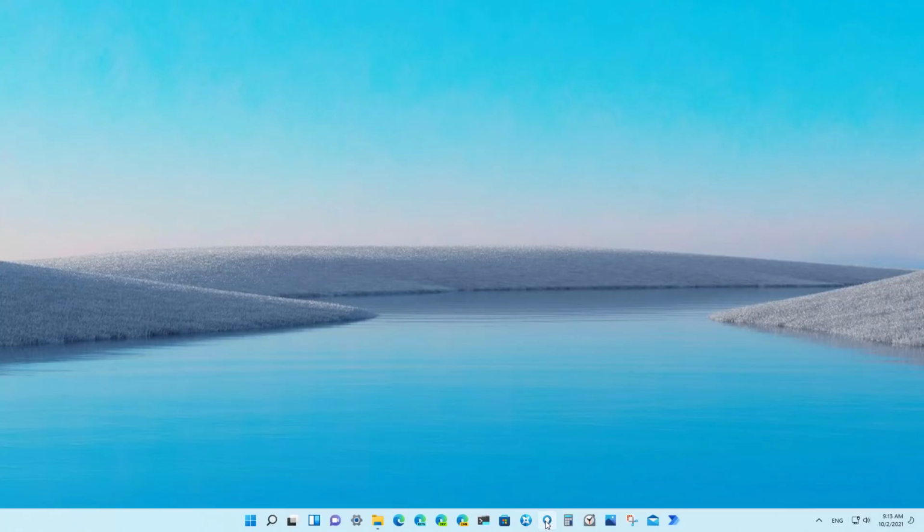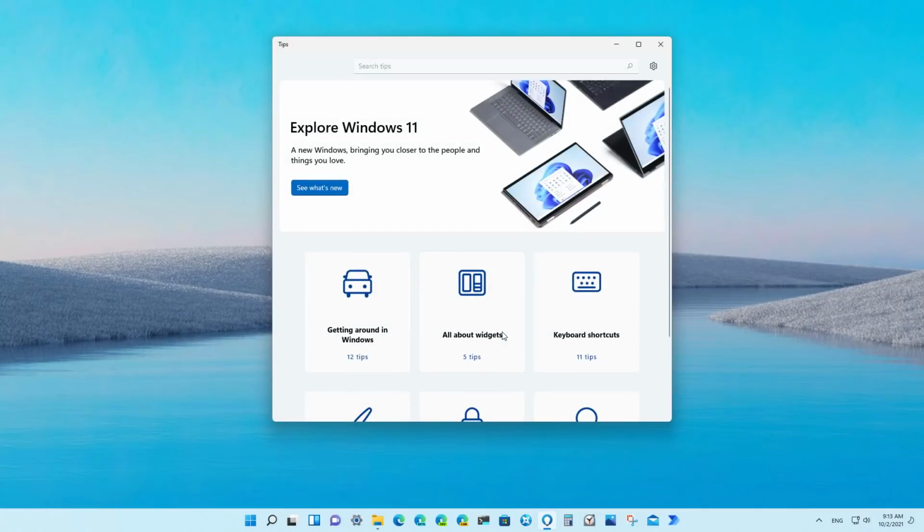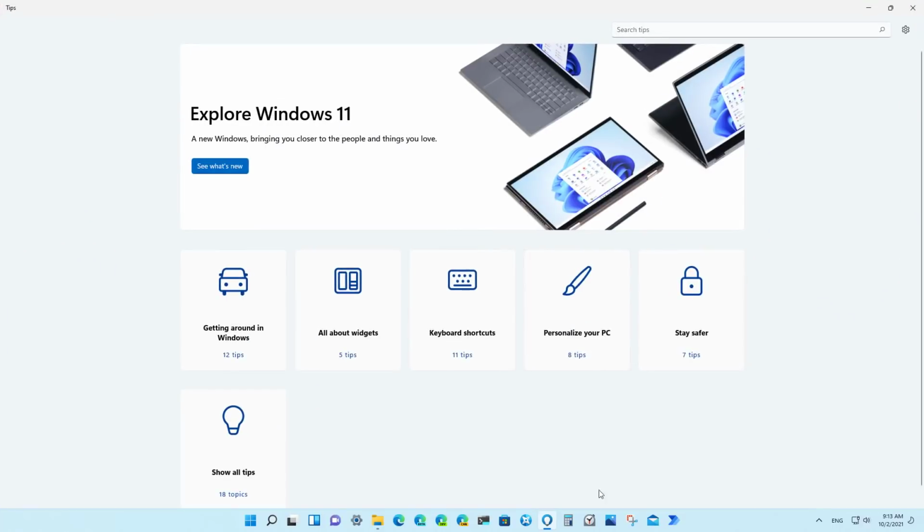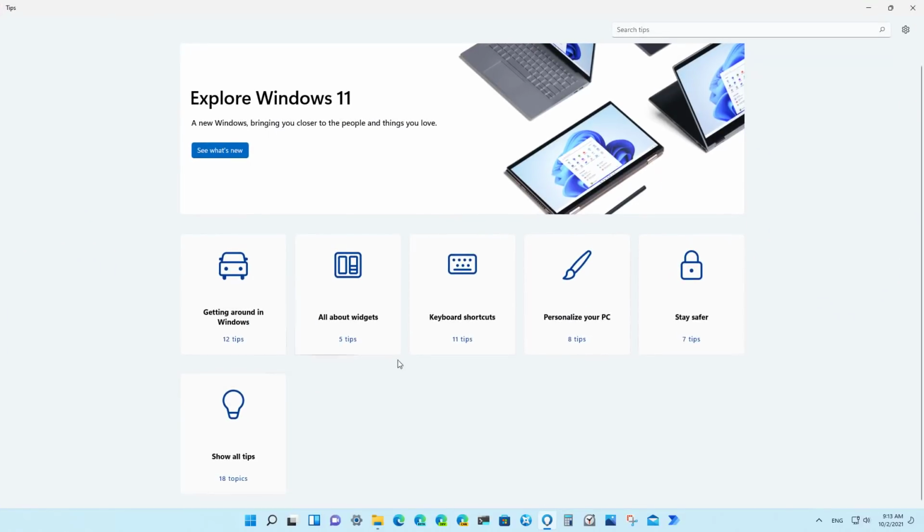Then there is the Tips app, which also has been updated, and it is similar to the Get Started app, but it includes tips to learn how to use Windows 11. The app has been available in previous versions, but now offers a new interface that matches the new design language, and it features more than 100 new tips. So this is how the app looks. And these are the different categories. For example, if we go to Get started around Windows,